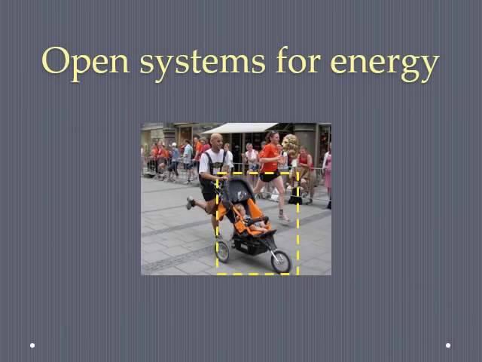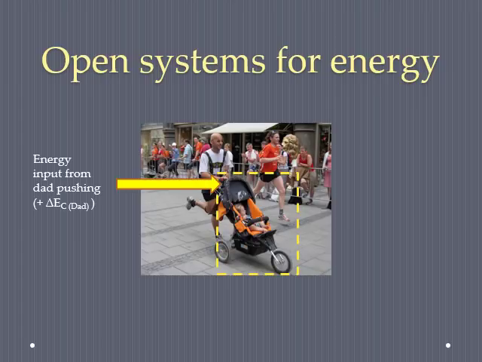Okay, so the force energy theorem basically describes what happens in an open system for energy. So if we start off with an object of interest, for example this stroller, the stroller has primarily kinetic motion energy as it's moving, but that energy comes from a place outside of the system. Specifically, the energy comes from kinetic energy from Dad. So that would be a positive delta energy, positive change in energy as the Dad is pushing the stroller as